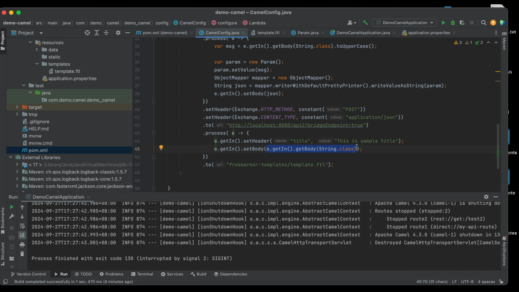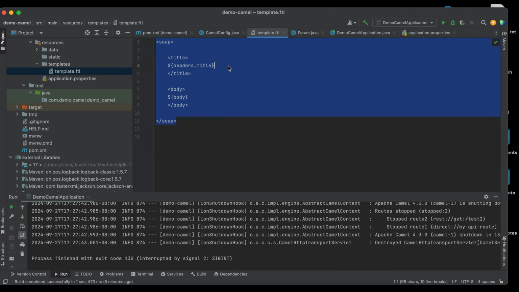We set it to the body, and for the header, we hard coded it just for simple demonstration only. Because in our template, we only have two parameters: the header title and the body.